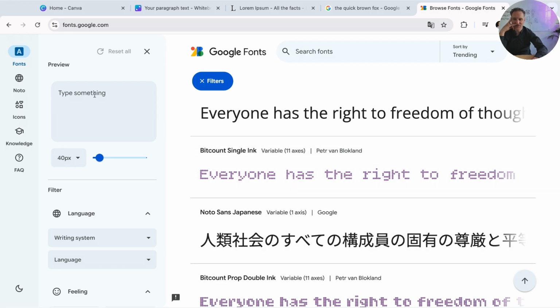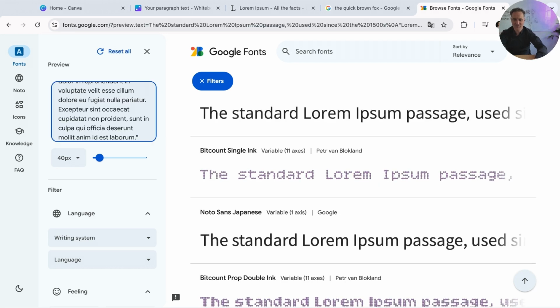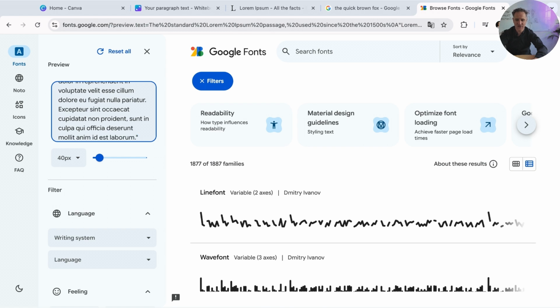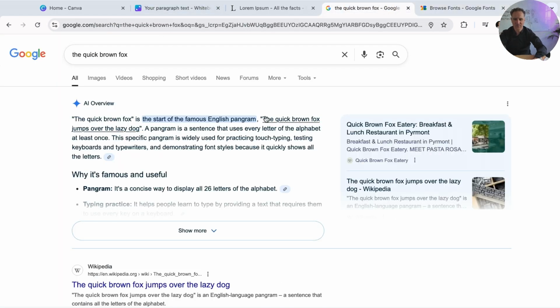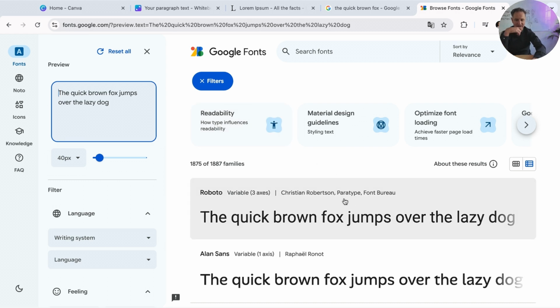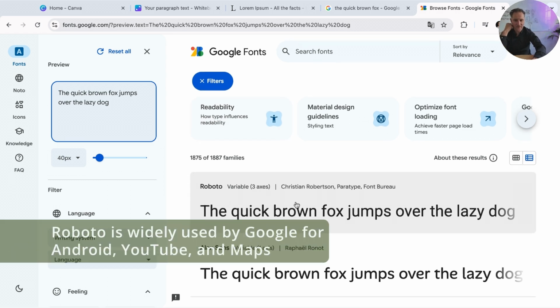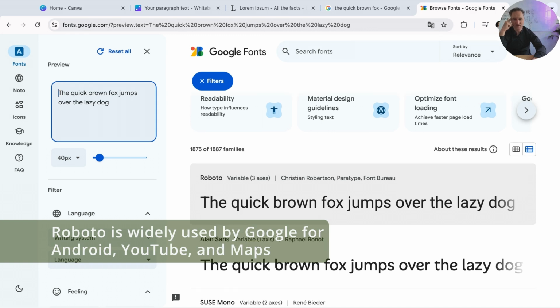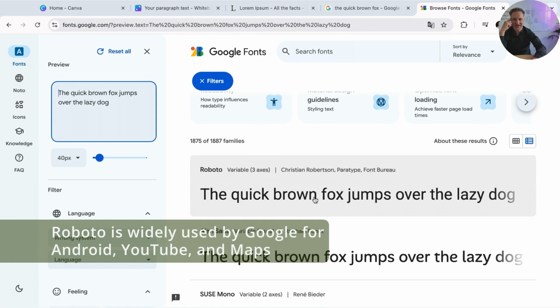But we could just type something, and if I was going to paste in the standard lorem ipsum, or if we were going to use the quick brown fox, I like the quick brown fox because it does have every letter of the English alphabet, so that way we can actually see what every letter looks like. So we can see in Roboto, which is one of the most used fonts in the Google sphere,